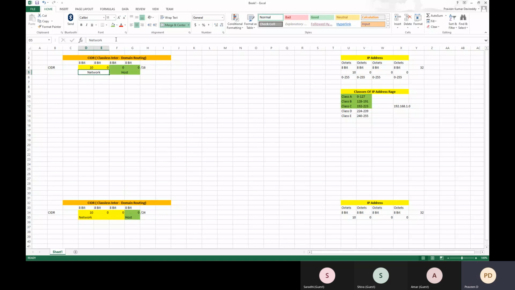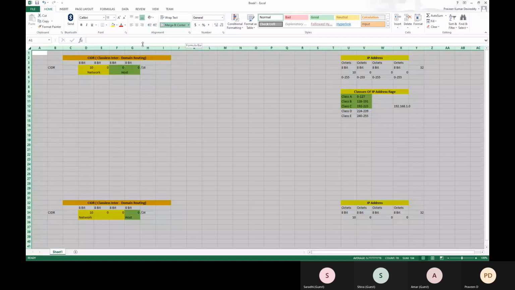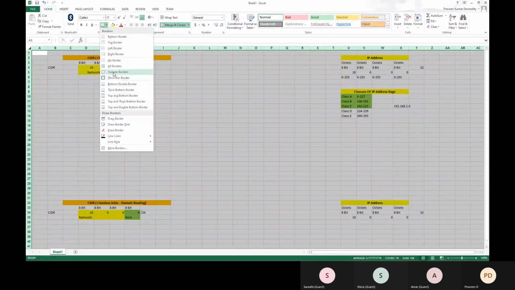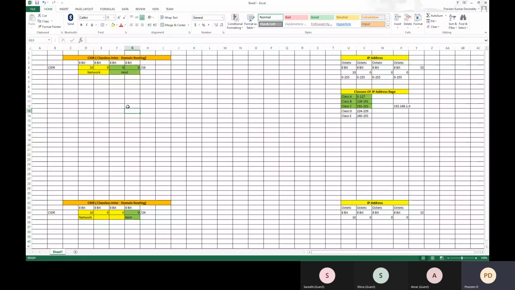Fine. Now, we know that each box contains 0 to 255. Here I have 0 to 255, here also I have 0 to 255. Total how many for me? 256. I should include 0 also. From 0 to 255, there are total 256.